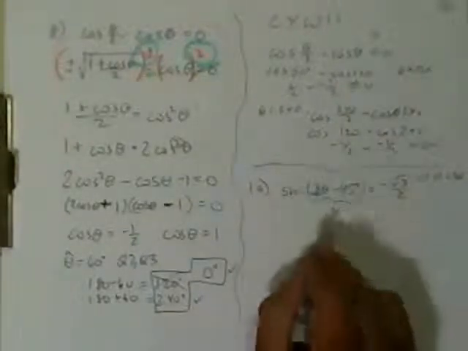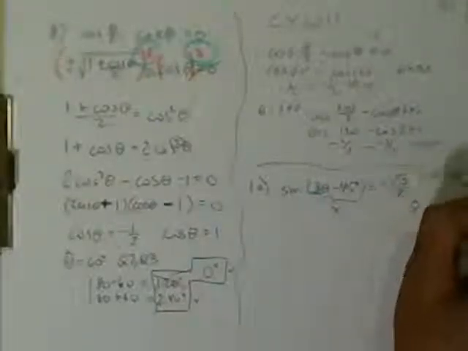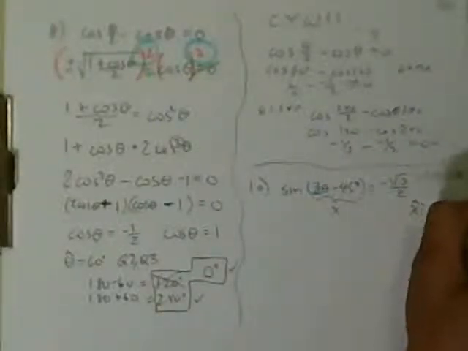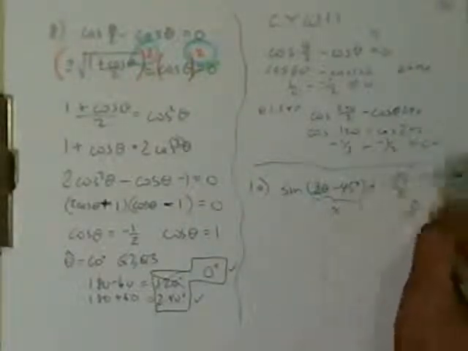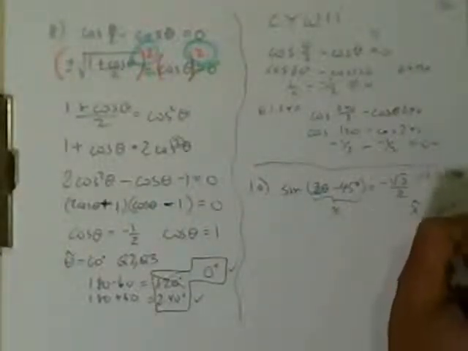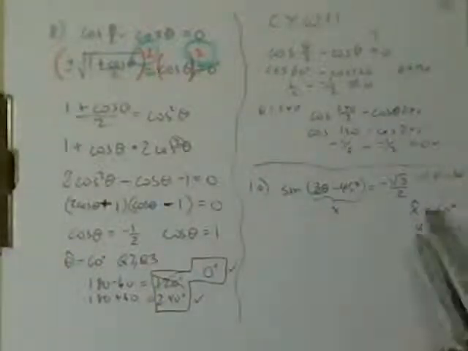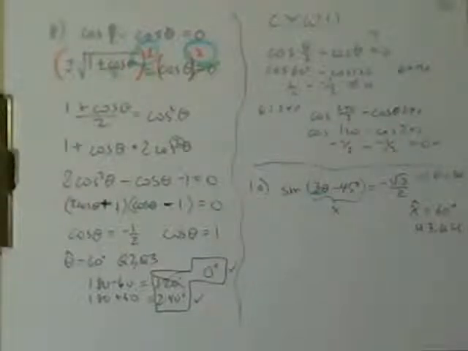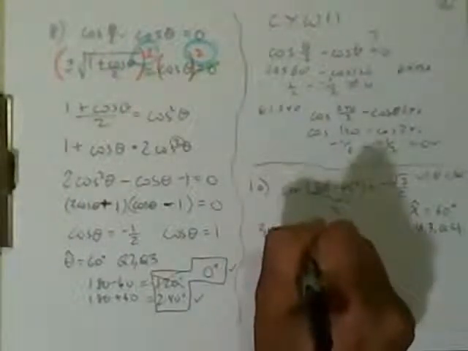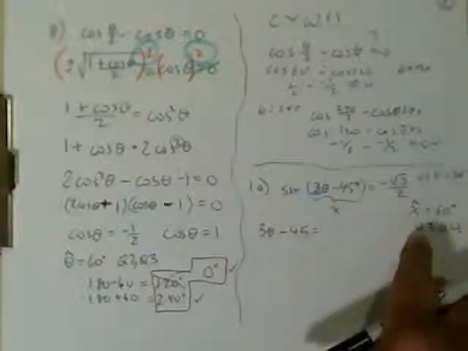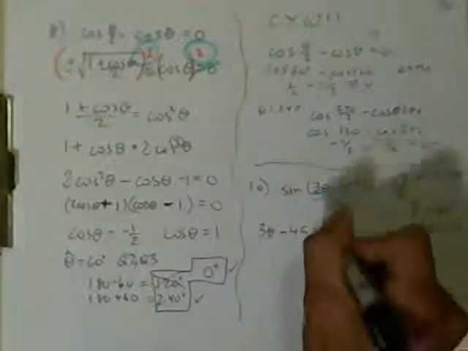For sine of what angle would equal negative root 3 over 2? We know that the reference angle is equal to 60 degrees. And when is it negative? In quadrant 3 and quadrant 4. So at quadrant 3 and quadrant 4, the reference angle is going to be 60 degrees. So 3 theta minus 45 is equal to quadrant 3. We add 180 to that. It would be 240